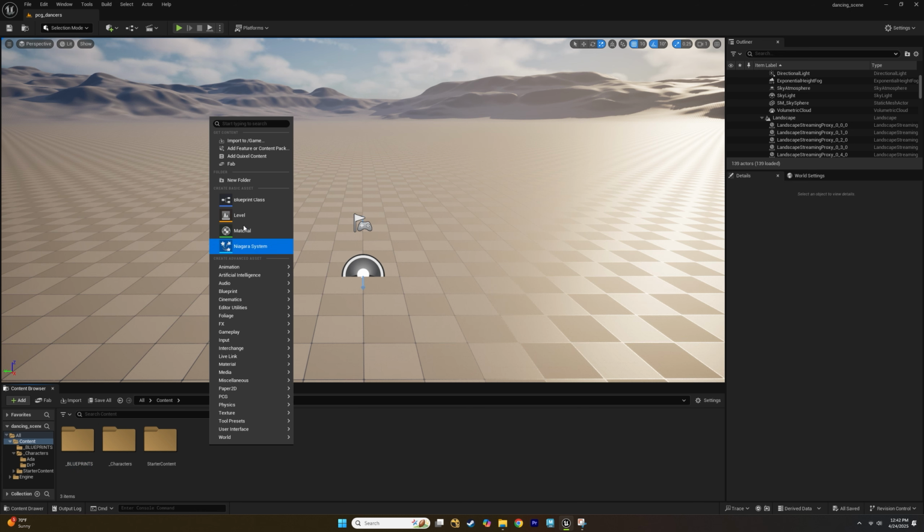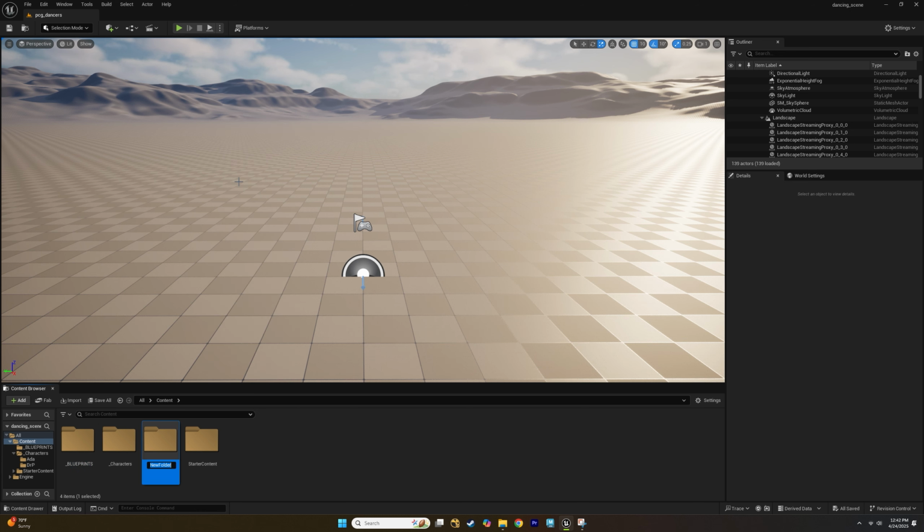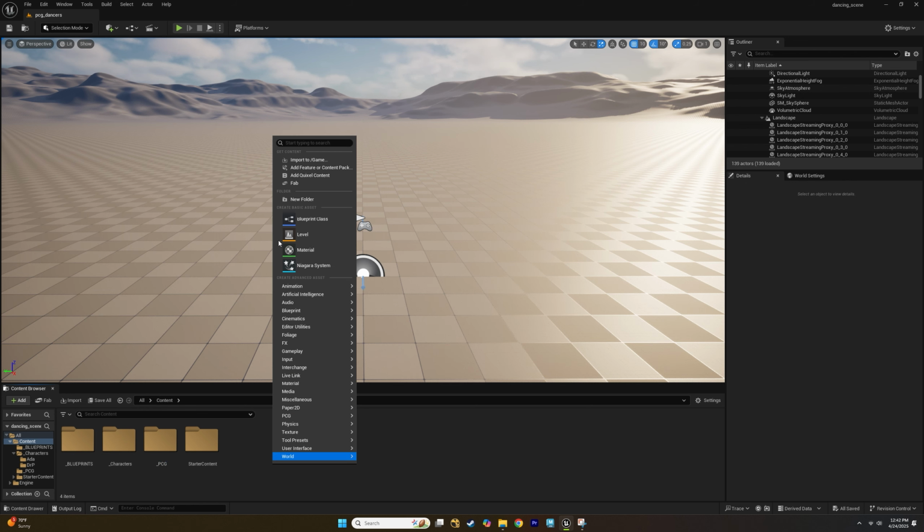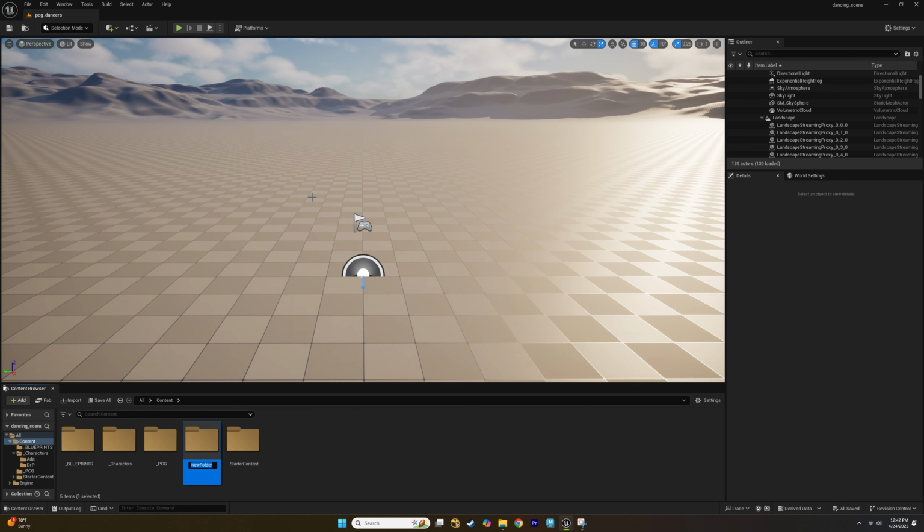And then I'm going to create another folder, underscore PCG, and then I'm going to create one last folder, and this is going to be our data asset. Okay, now we have all of our folders,